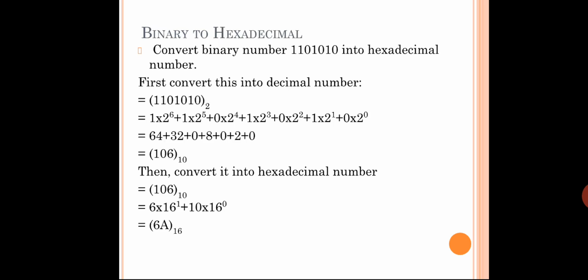So next thing is binary to hexadecimal. In the previous example, we have gone for binary to octal. So now it is binary to hexadecimal. In the same fashion, what we have done, some bit value will be given. That bit value has to be converted to decimal, from decimal to hexadecimal. For betterment, if you want, you can directly go for grouping the bits into 4-4 categories. Directly don't go for the one step answer, go for these actual steps. So binary to hexadecimal, first you have to convert binary to decimal number.